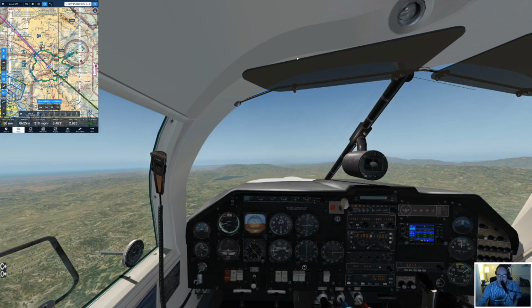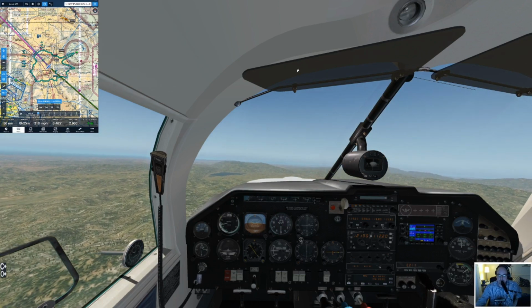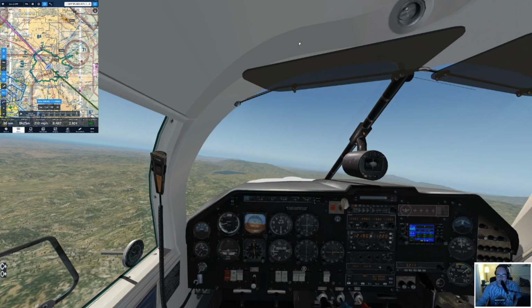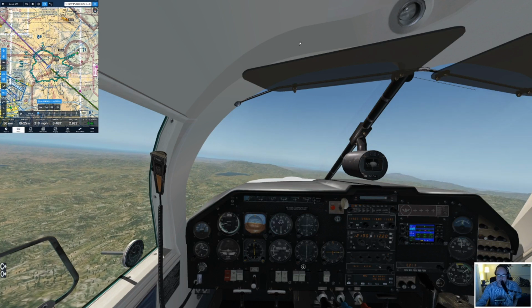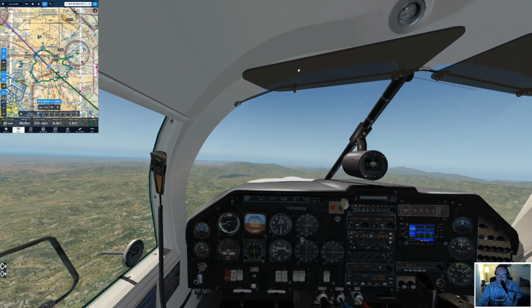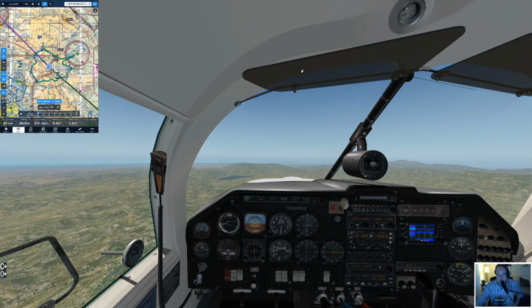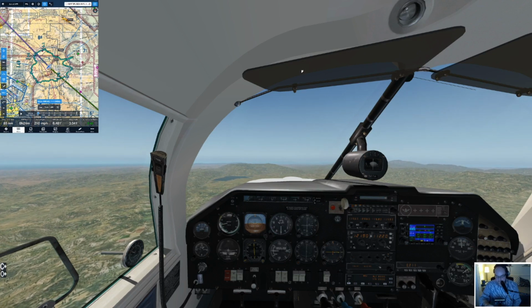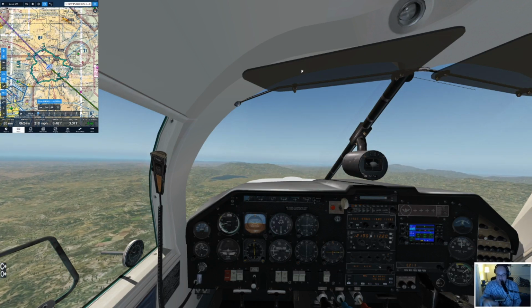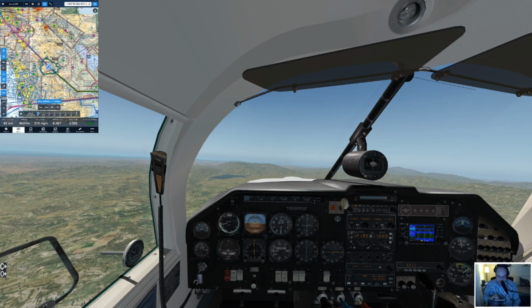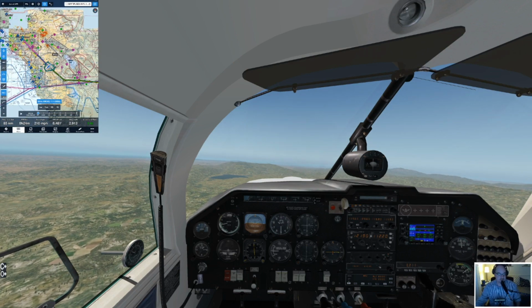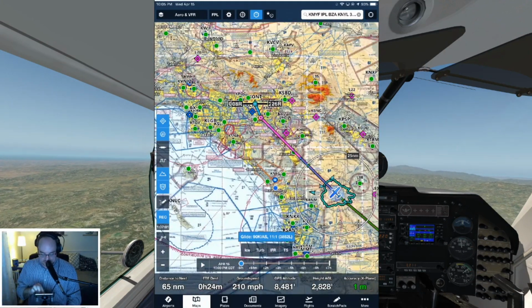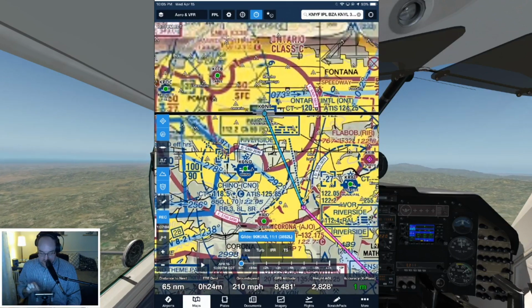Yeah, I mean, very slight turn. And we're on course. One thing we haven't talked about here is our vertical planning, our descent planning. Let's take a look at this on the iPad again. So we're at 8,500. Field elevation for Ontario